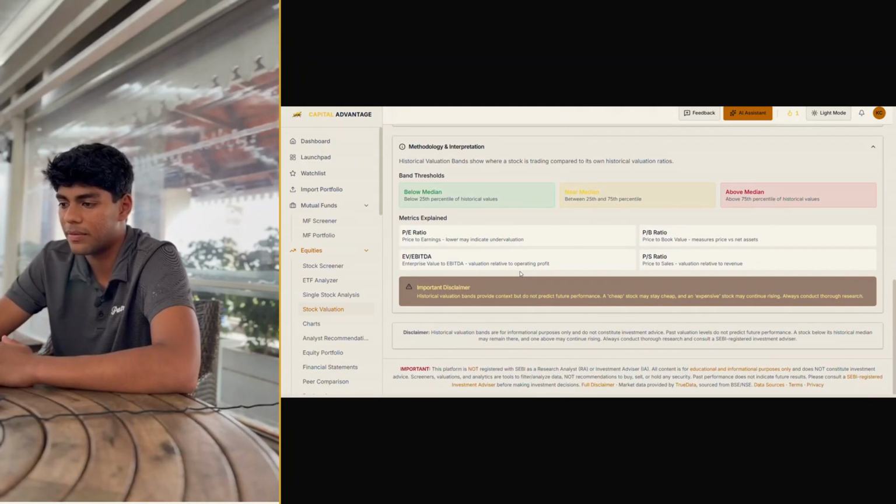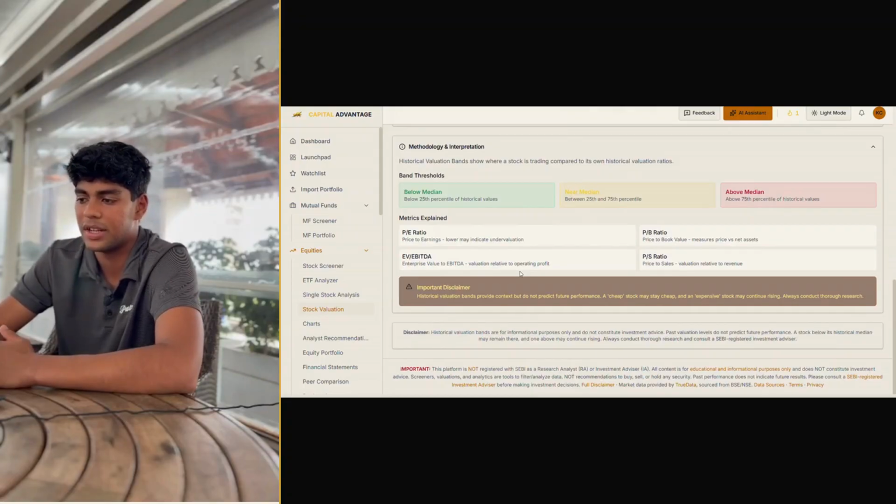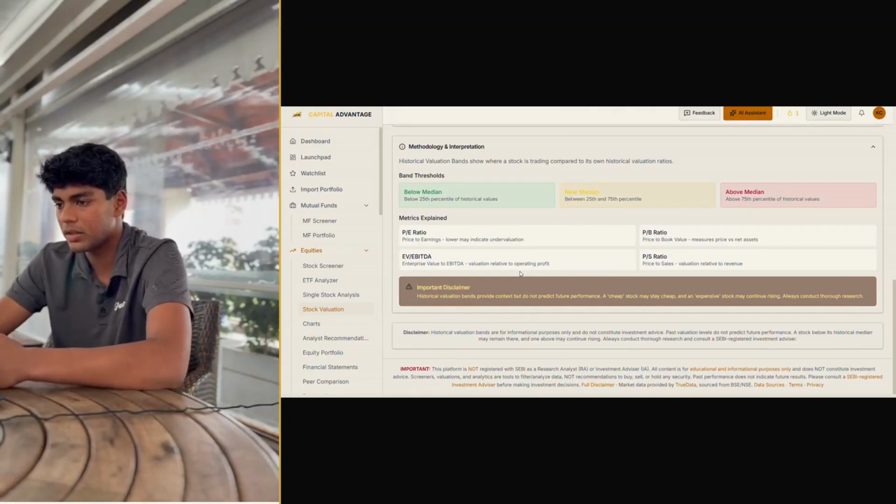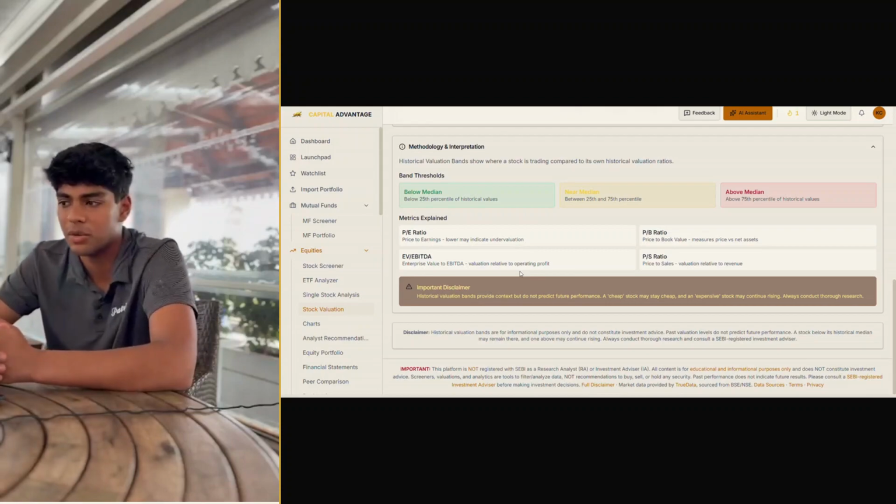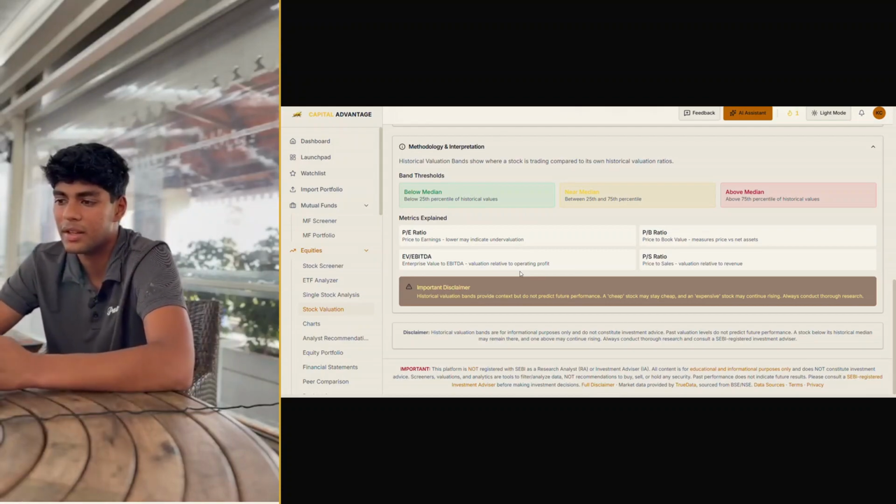And then you have the methodology and interpretation. It just tells you why it's below median or near median, and then a summary of the